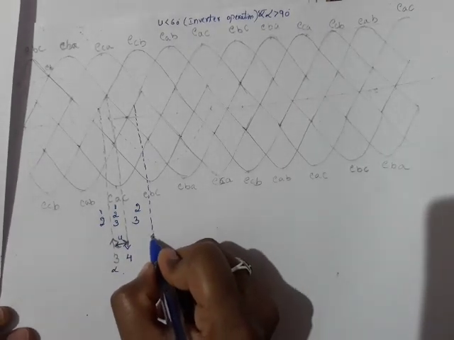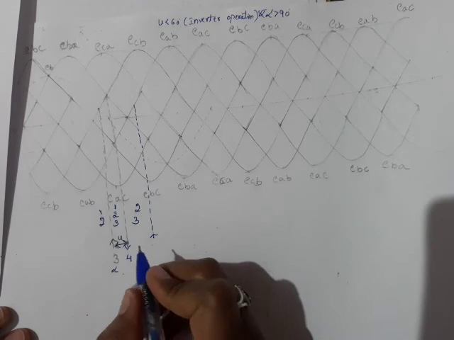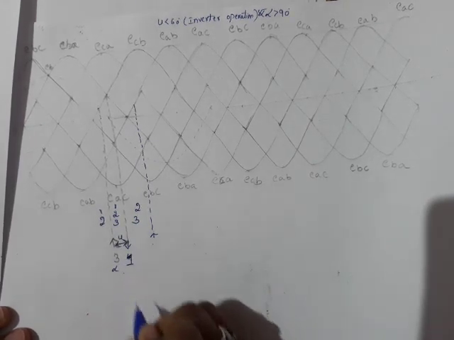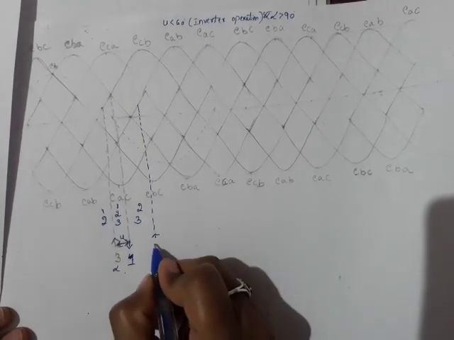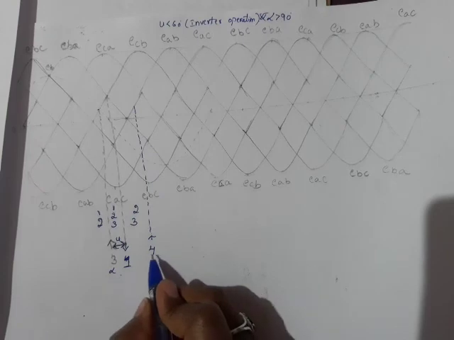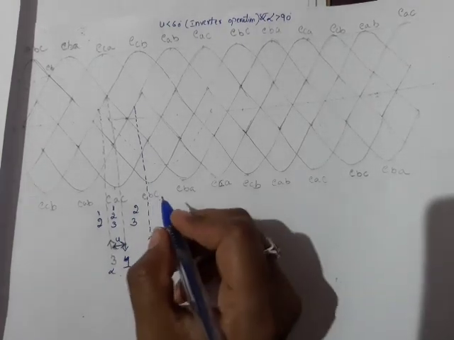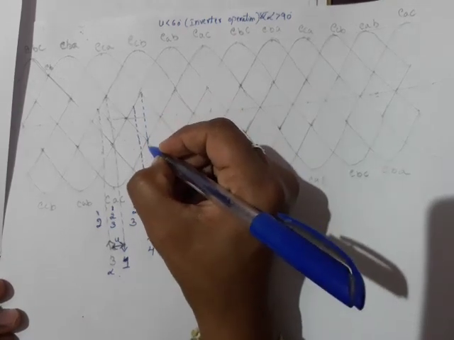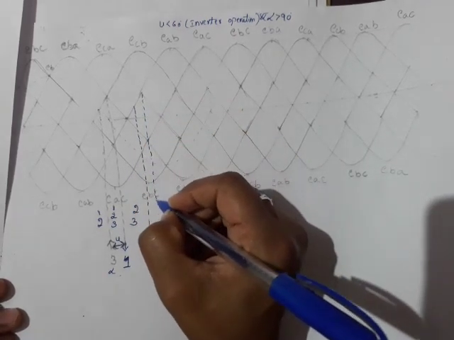So here valve number 4, here valve number 1 goes out of conduction, not 4. Valve number 1 goes out of conduction. Then here valve number 4 comes into conduction. 1 goes out of conduction, 4 comes into conduction. So then this will exceed till overlap angle. Equal interval. Please give the equal interval.